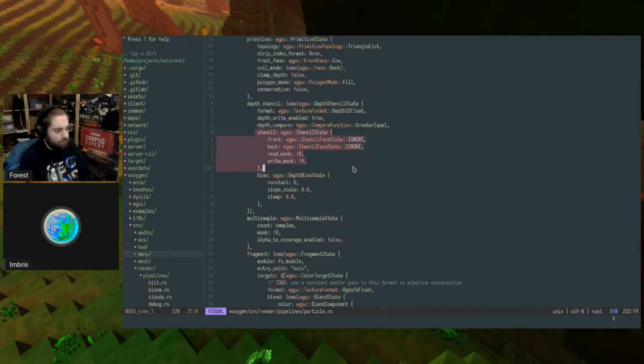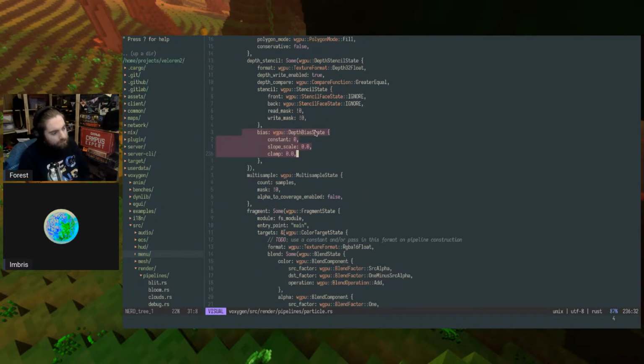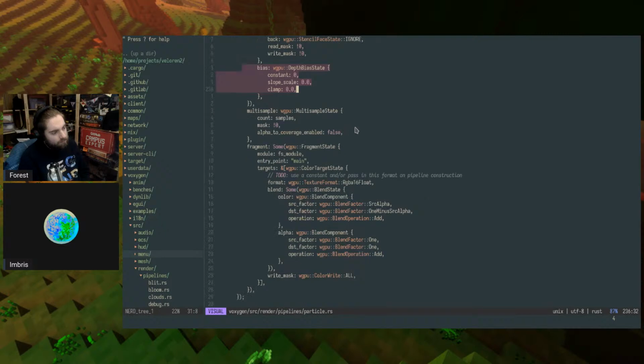This is a stencil. We don't use that currently, and bias with that. We're not using anything there. This is multi-sampling. So you provide how many samples you want, and this is telling the GPU what the multi-sampling target texture is using. And currently we only use one here because we disabled